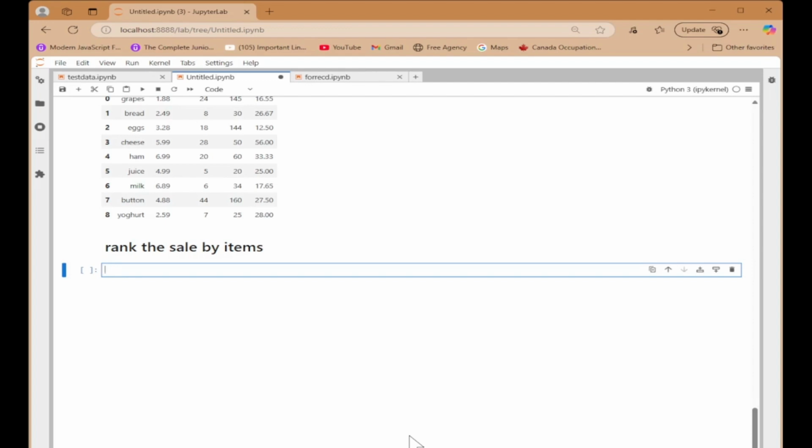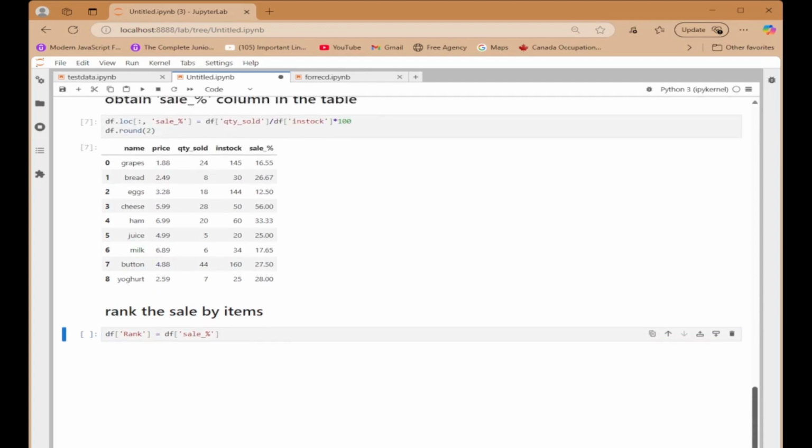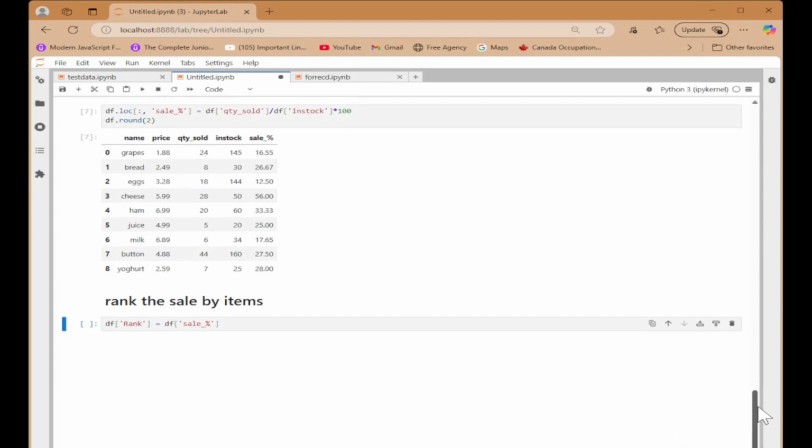So for that, df, we call that column rank. Okay, let's call the column rank. What is the rank of each item? For that, df, access the column sale percent. Make sure we are accessing the correct column, sale percent, and quotes are closed. Okay, sale percent,